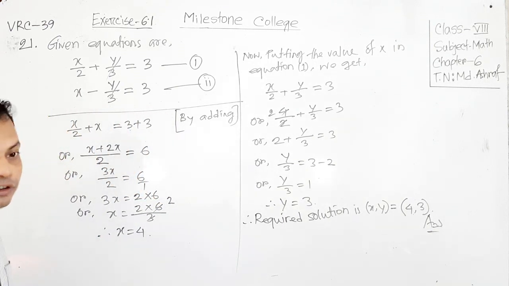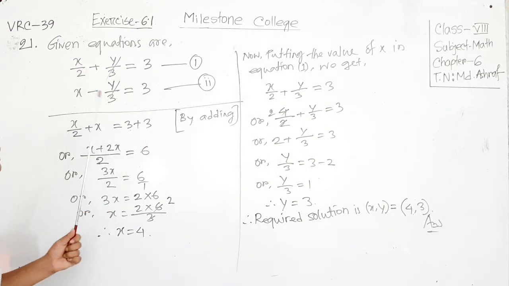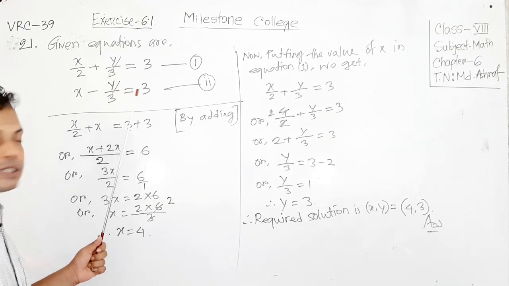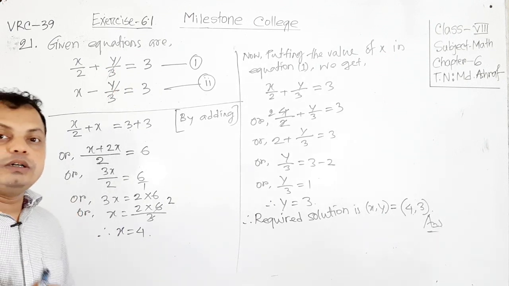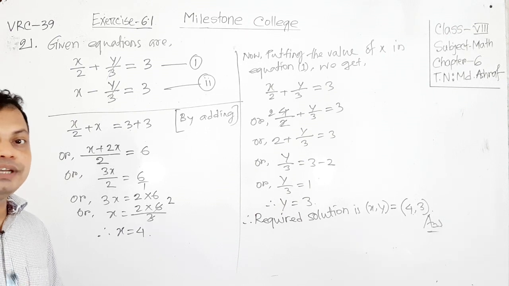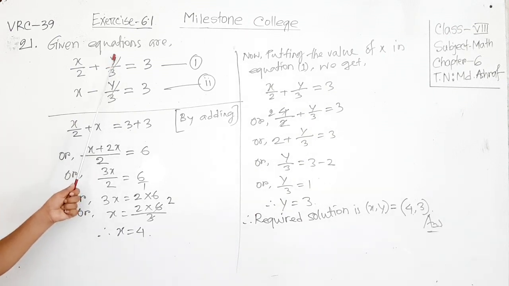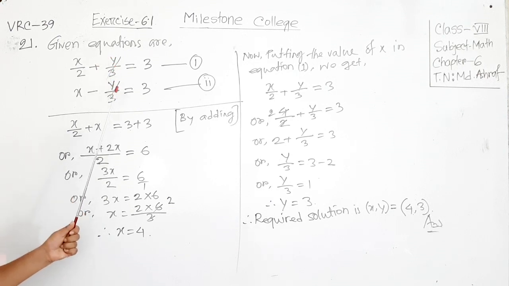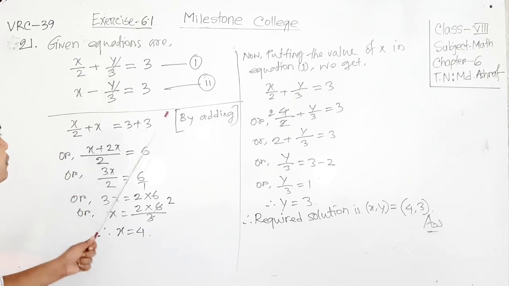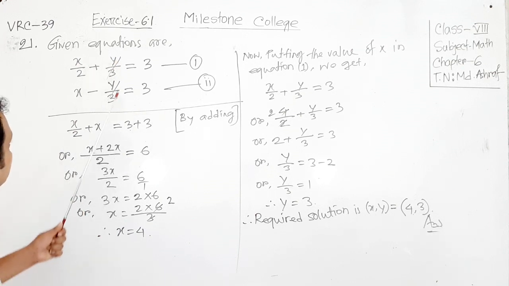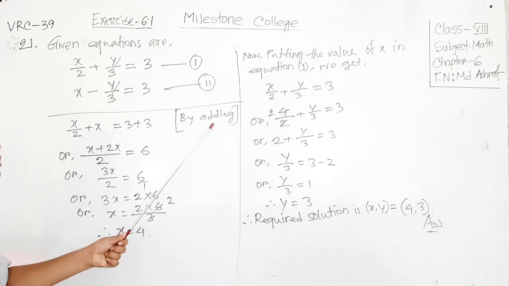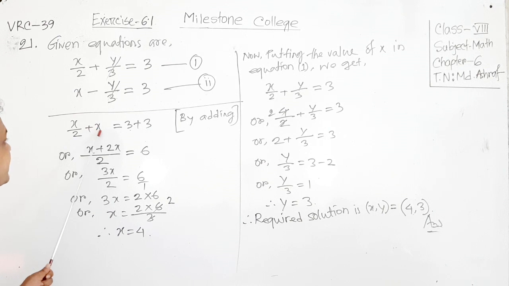Okay, so I want to review it one more time. So there are given two equations. We have to find the value of the variables by the method of elimination. So for following this one, at first we have to eliminate one variable. So look at here, the y related term in both is the same, and if we add these two equations it will be eliminated. So we have added, so these two terms are eliminated. Then as we are adding this one, x by 2 plus x, we have got this part, and 3 plus 3 it will be 6.